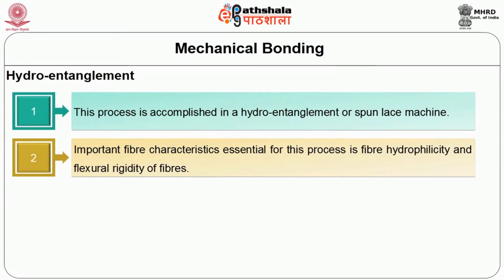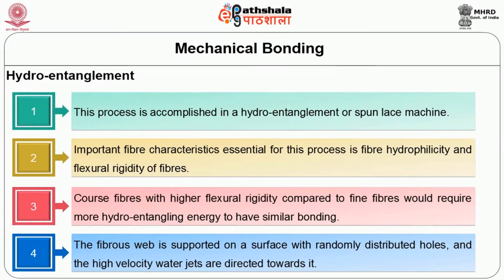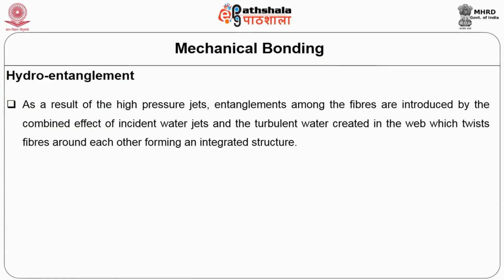Important fiber characteristics essential for this process are fiber hydrophilicity and flexural rigidity of the fibers. Coarse fibers with high flexural rigidity, compared to fine fibers, would require more hydro-entangling energy to have similar bonding. The fibrous web is supported on a surface with randomly distributed holes, and the high velocity water jets are directed towards it. As a result of the high pressure jets, entanglements among the fibers are introduced by the combined effect